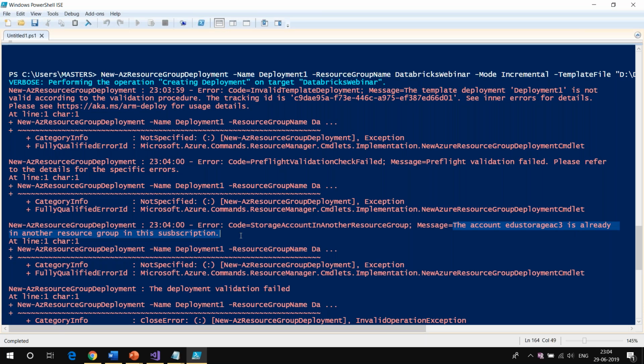Yes, it is not supposed to work, because if it is in the same resource group, it will not touch it. If you go to another resource group, this means now you are trying to create a storage account with the same name. You immediately got the error, which is expected. The account edu storage AC3 is already in another resource group in the subscription. Okay, so Saish is saying, so scope is the resource group. Yes, Saish, the scope is the resource group. Okay, all right, so